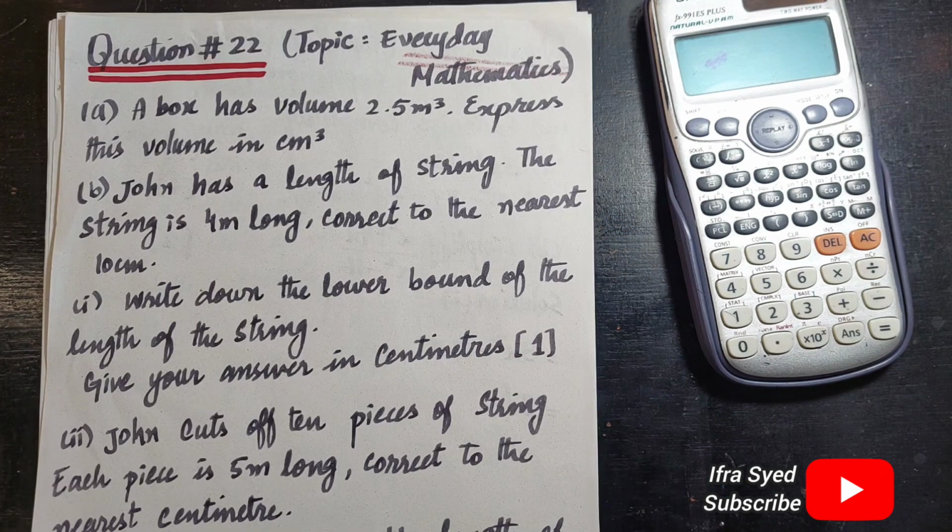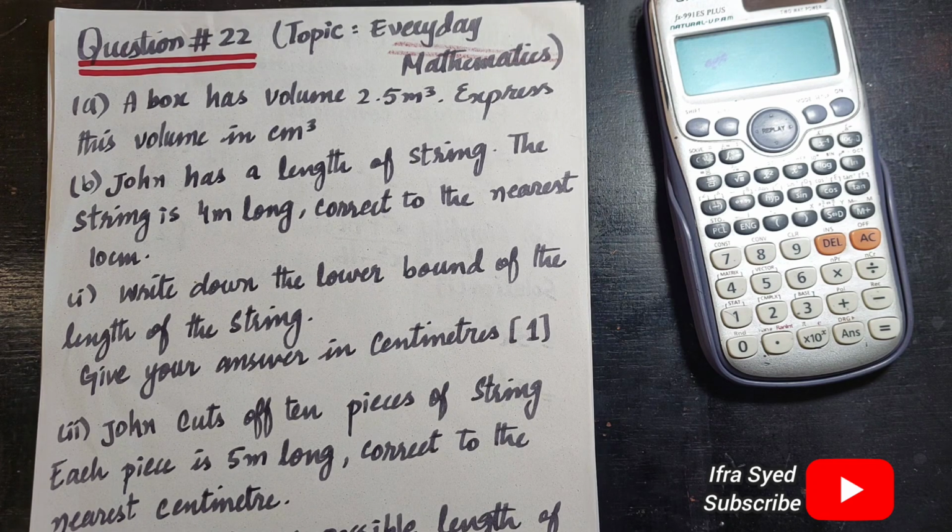Its next question is question number 22, and it is from the topic everyday mathematics, and the question is a box has a volume of 2.5 meter cube, express this volume in centimeter cube. So we have to express this volume in centimeter cube. For that purpose, first of all note that